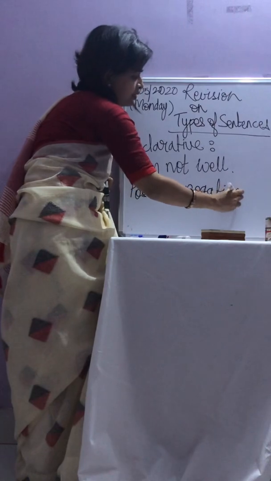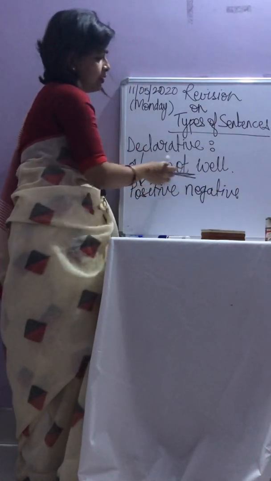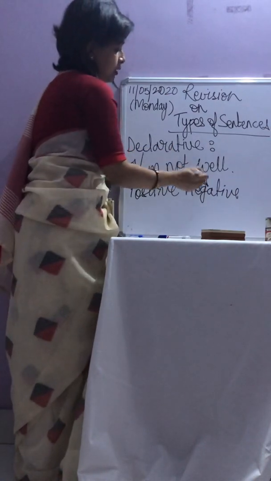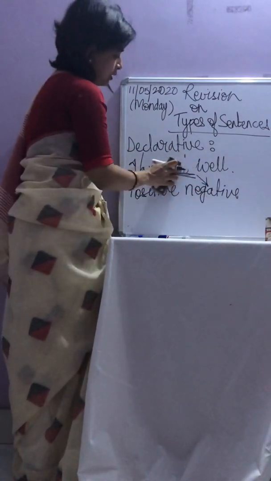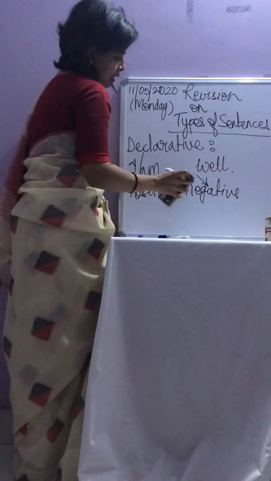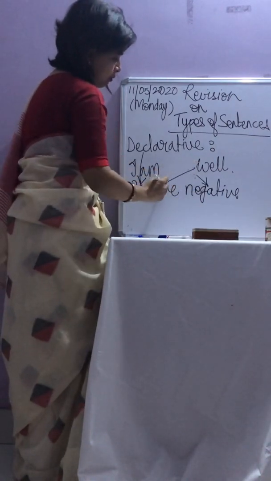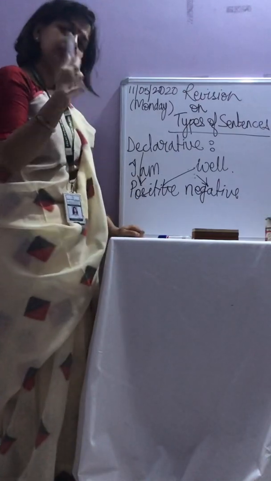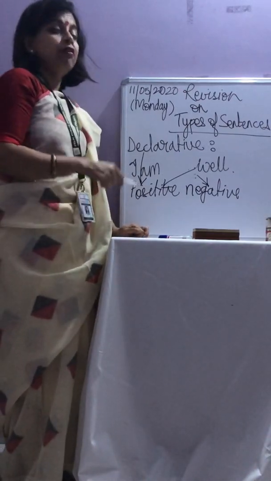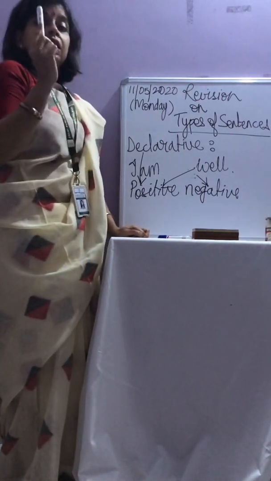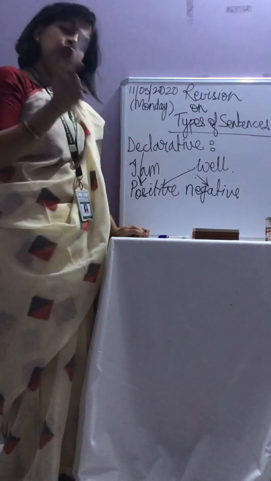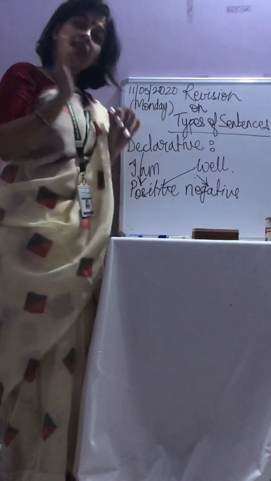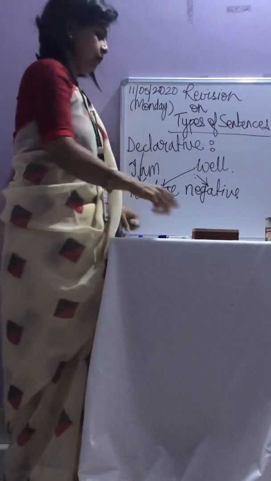I'm sure you can see this. Not is there, isn't it? NOT or NO, if a sentence has, that means it is a negative. The moment I erase this, it becomes a positive. So, a sentence which has a no or a not in it is a negative sentence, and a sentence which has no no's or no nots in it is a positive sentence. And these all belong to declarative sentence, our first type.